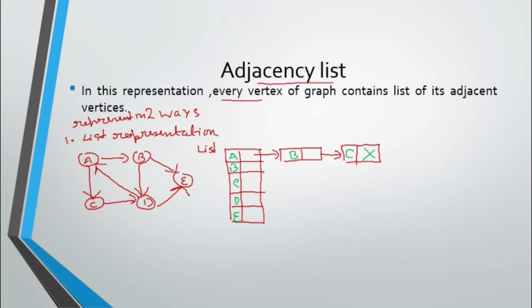So from B, I can go to D, I can go to E. That's all. Here from B, this is a directed edge, so B to A, you cannot go. So from B, you can go to D, and you can go to E. Please follow my mouse pointer. From B you have a directed edge to D, and you also have a directed edge to E.